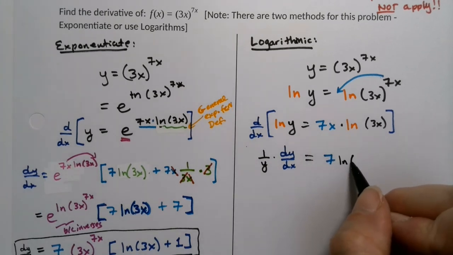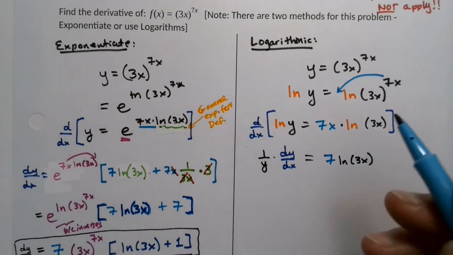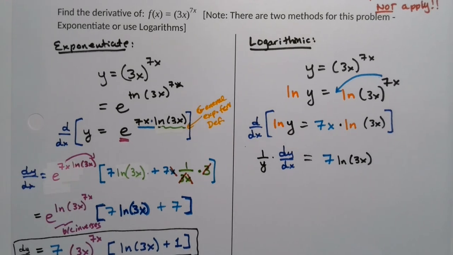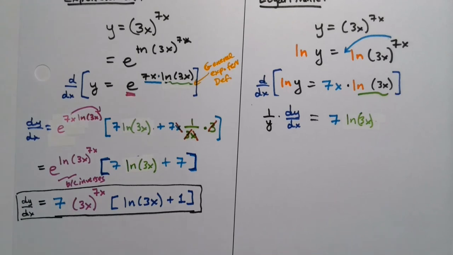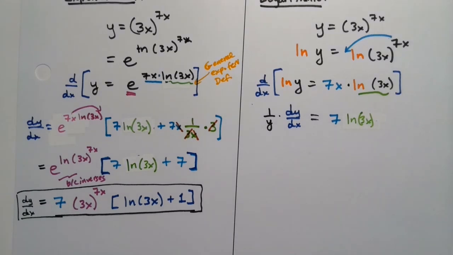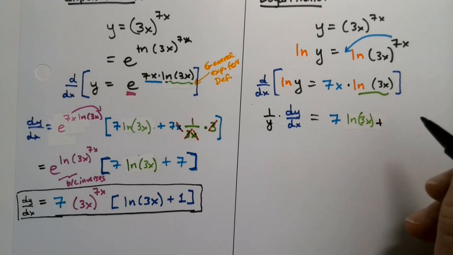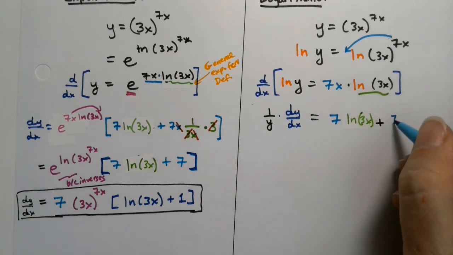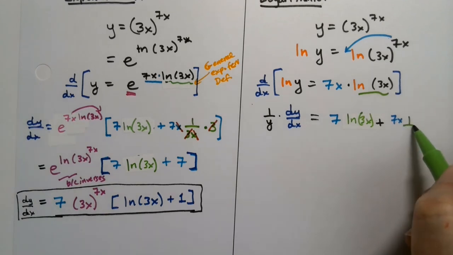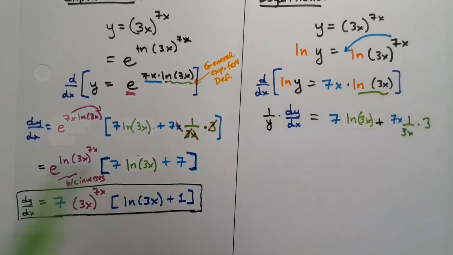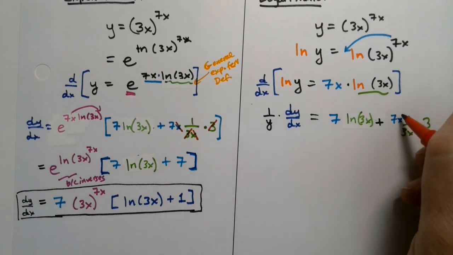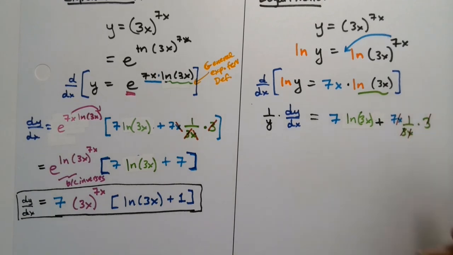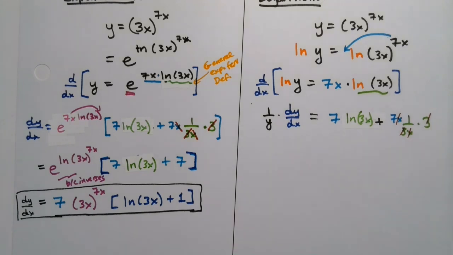I'll just use this color. I'm going to make it green. So 7 natural log of 3x plus, and then again, it's going to be 7x times 1 over 3x times 3, right? You write it all down for your notes because you never know what you're going to be doing. But again, all of those things cancel. So that leaves you 1 over y dy dx